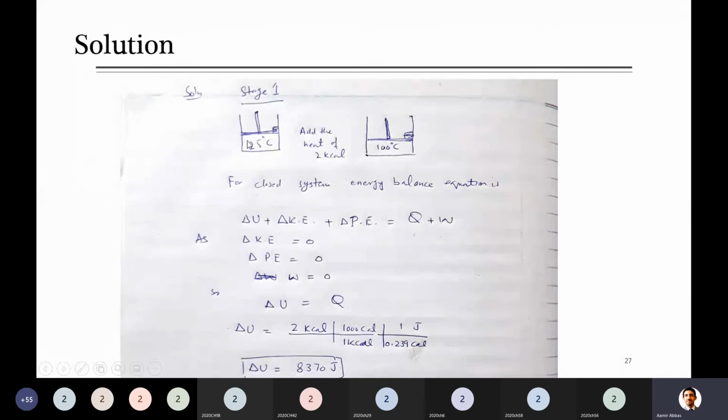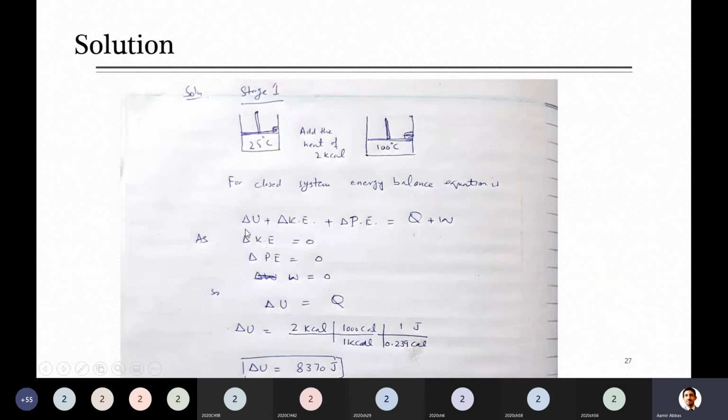So this was the first stage. Quickly, this is pretty straightforward, but let me tell you before I jump to the second stage. Here gas is at 25 degrees C. We add heat of 2 kilocalories and temperature is raised to 100 degrees C by keeping the piston at the same position. When the piston remains at the same position, that indicates there is no work, because whenever there is movement of this piston due to the push of gas, it means this gas, which is your system, will be working on the surroundings. Piston is surrounding, gas is system. So in that case, work is zero.